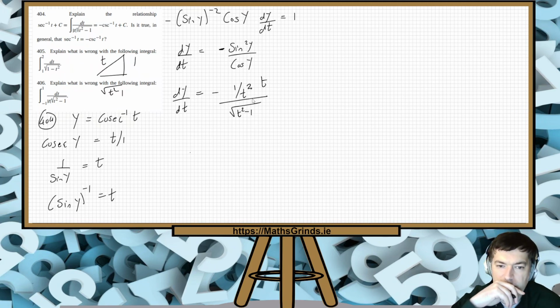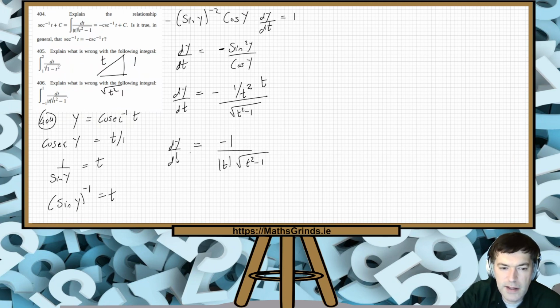Aha. So I think this is how we get the absolute value in, because that would be 1 over t, or absolute t, root t squared minus 1. That's dy/dt. So then integrating,